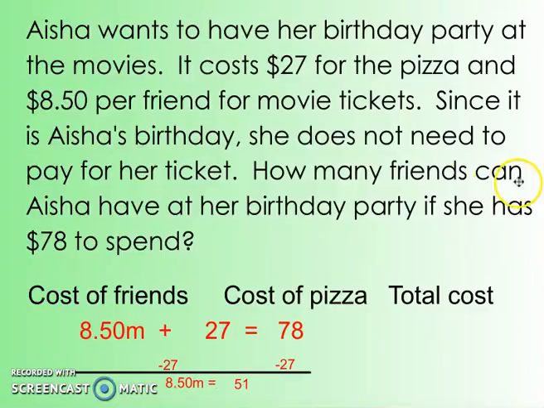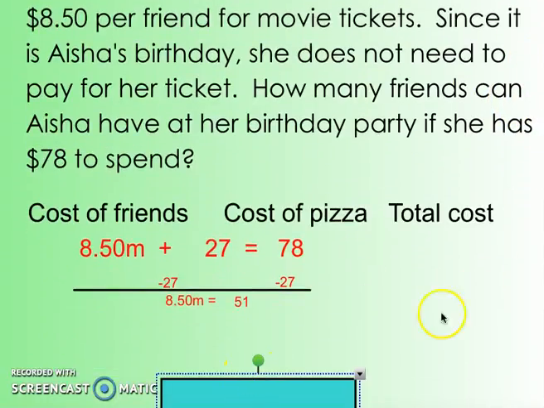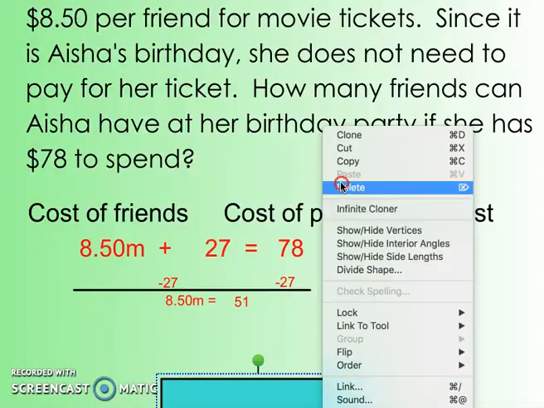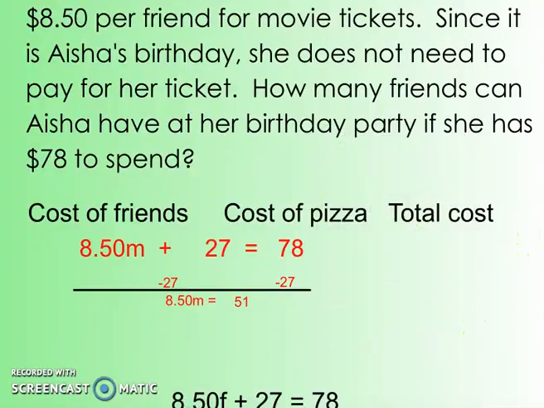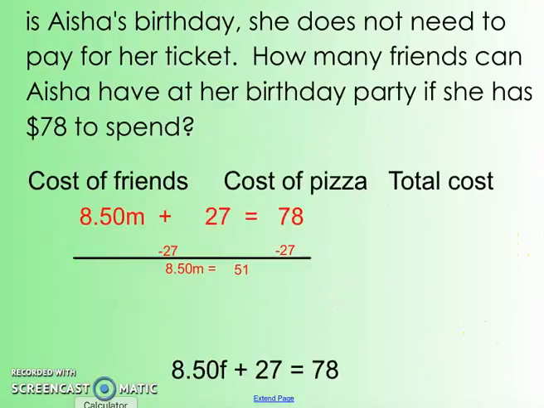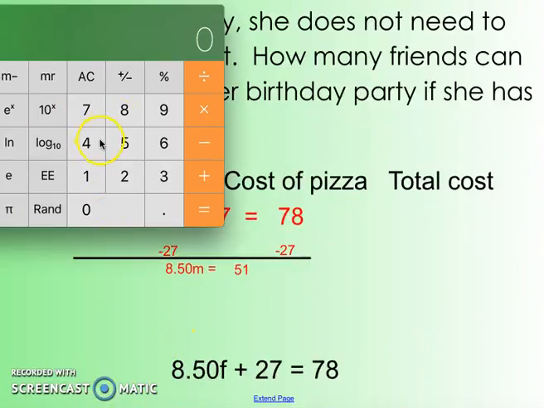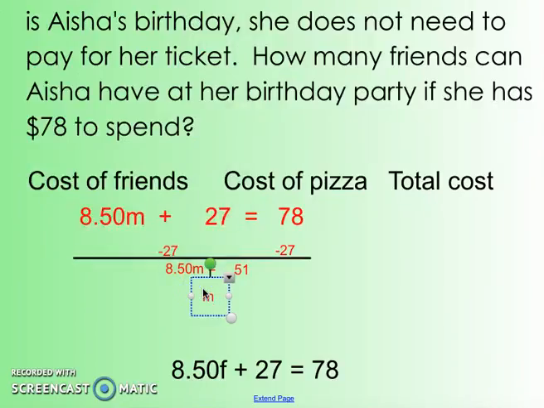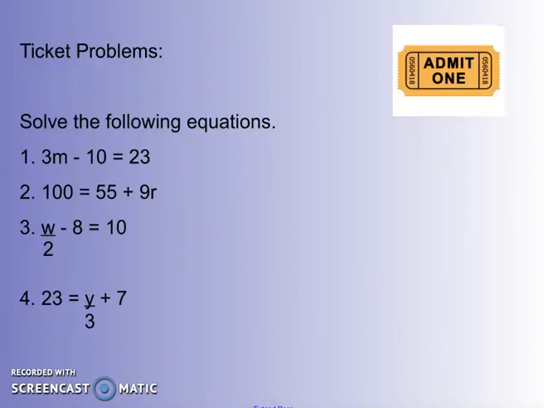And so I take 51 divided by $8.50, and I find out I can bring 6 friends, or I can purchase 6 movie tickets. Okay. At this time, what I would like you to do is to solve these 4 problems